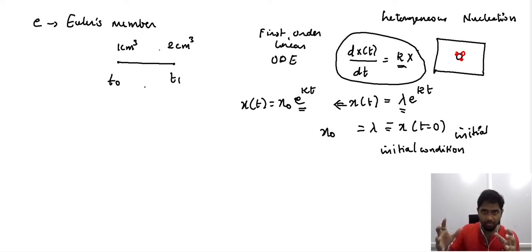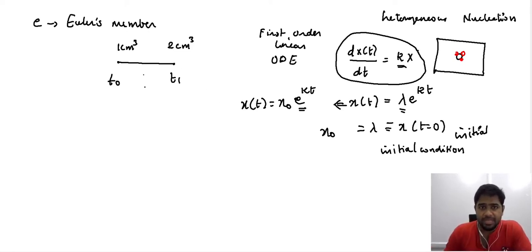You allow it to grow and you measure its size after a certain duration. You call that specific time time step t1, and at that time step the size of the precipitate has doubled, and what you measure is that it's 2 centimeter cube in size. Now